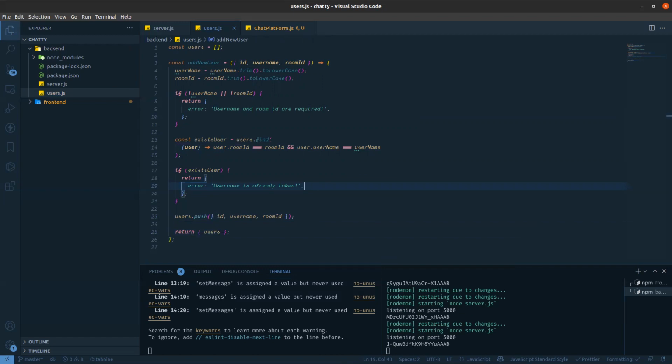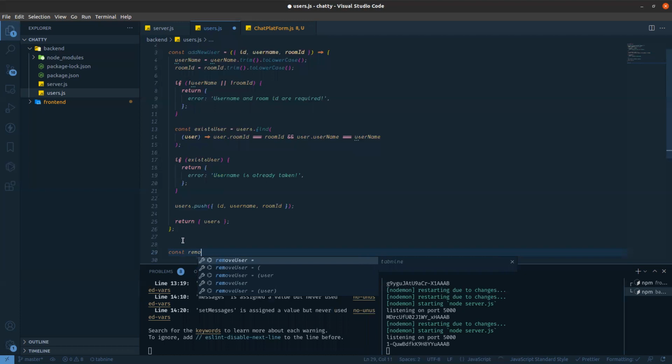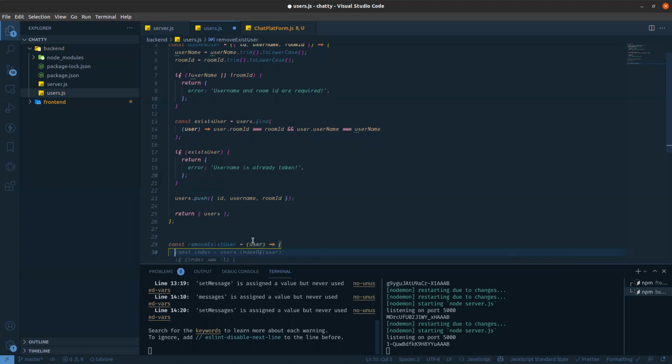Another thing we need is to remove. So const remove existing user, meaning the user already exists and we want to remove that user. For removing, we need only users and ID.